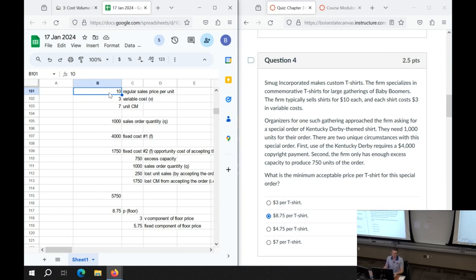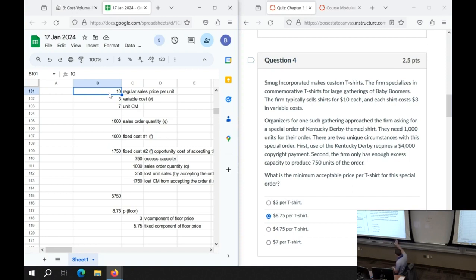Nobody goes in saying, I want a special order, I'm going to charge you more than if you just went to the online store. Nobody would accept that. Well, maybe Michael Scott would accept that, but nobody really in business would. That's the ceiling. So the buyer sets the ceiling, the seller sets the floor. That's the typical arrangement here. And that's how these problems are going to set up.